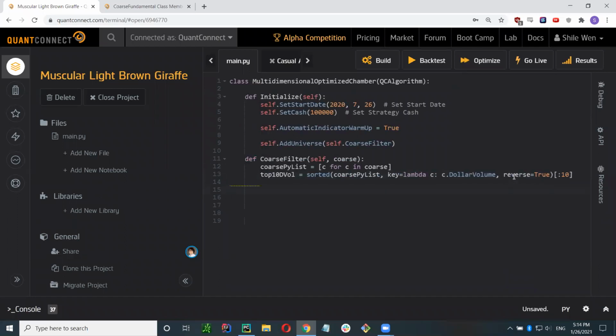Right now these are course fundamental objects. However, universe filters expect a list of symbols. So what can we do? Return